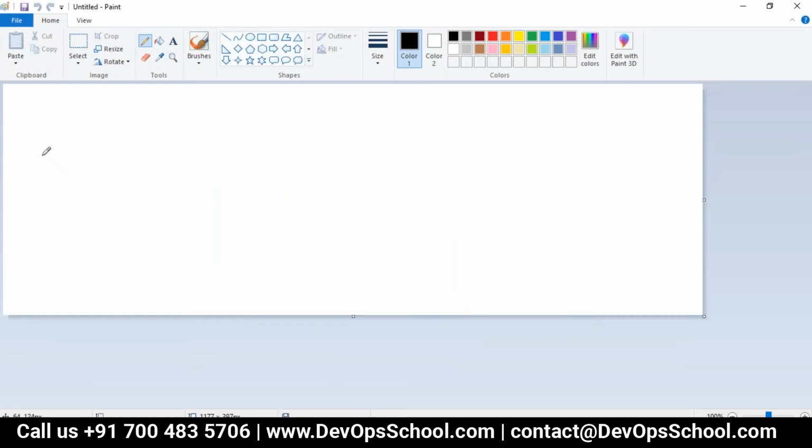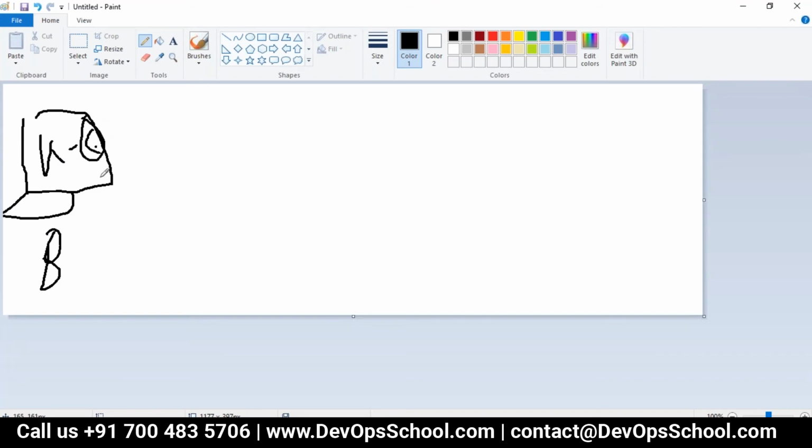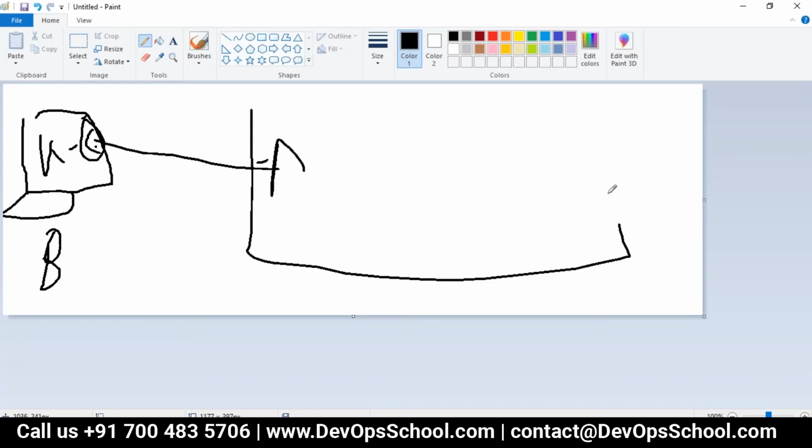See what I'm trying to say. Just one more time I'll explain. This is your laptop, which is in front of you, and this is you. You have kubectl here, and the config file will be here. This config file has all the details which I discussed just now. Because of that, it'll talk to the API server of your cluster.